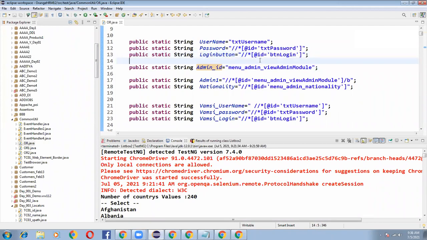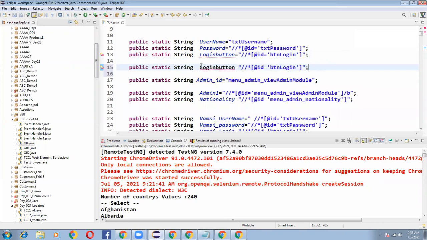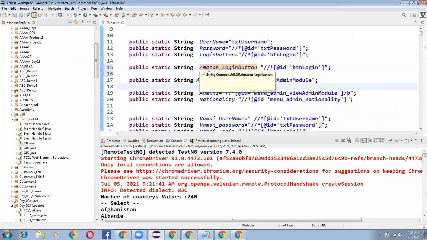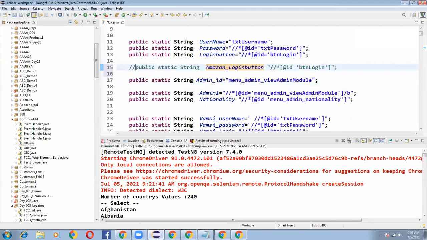In that case you maintain login button one for the Amazon application, like var.amazon underscore login button, for your easy understanding. So you will call var.amazon underscore login button. That's it. Clear, sir. Clear.